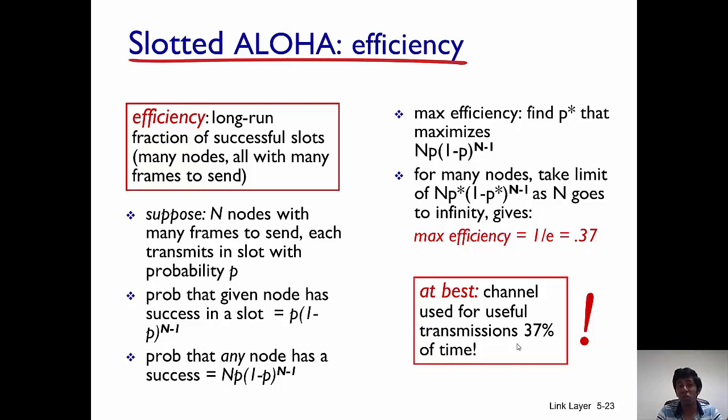The remaining transmissions are all going to result in collisions, and they are going to be wasted. So slotted Aloha is not the best protocol that one can think of, because it has a very low efficiency. But it has the advantage of being simple. One of the biggest disadvantages that it has is that the clocks of the users have to be synchronized. And that makes it very difficult to implement in practice.